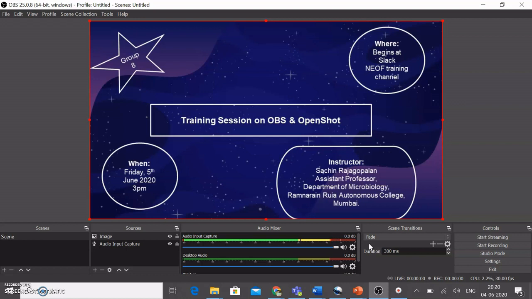So now I have my image to which I want to give a voiceover, and also I have added a plugin for audio input capture. Now I will go towards the start recording button and click on start recording and speak whatever I want to record with this image. So let us have a trial. I'm going to click on start recording.